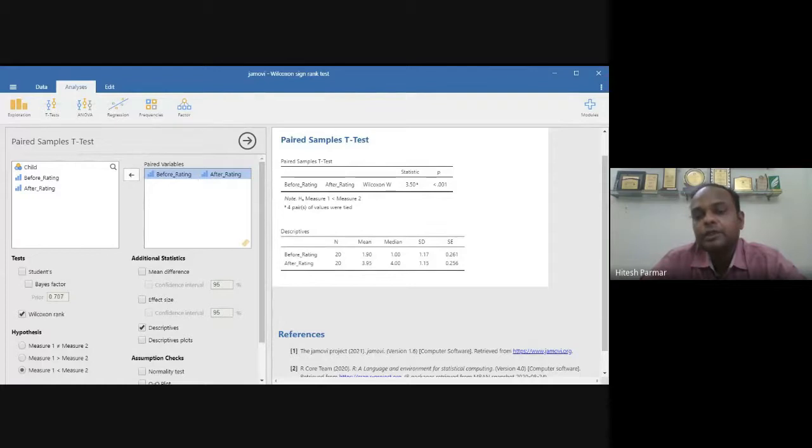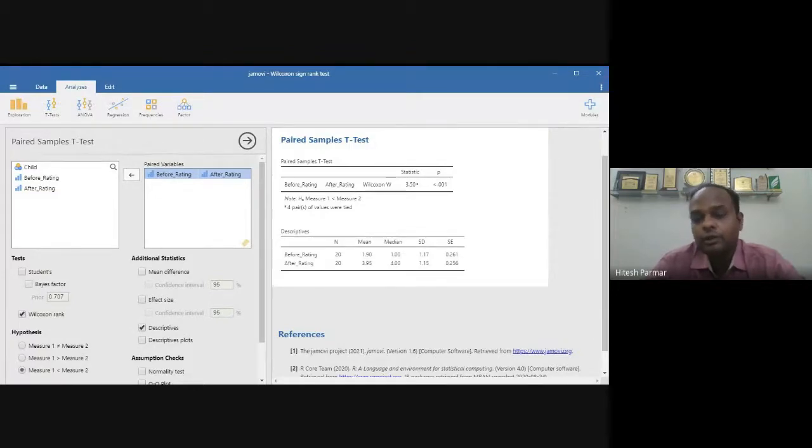But as a researcher, you can fix the rejection region on the right hand side also, or on the left hand side also. So if you are fixing your rejection region either on the right hand side or on the left hand side, then the test will be known as a one tail test. Whenever you are interested in the direction, that the condition is improved, it is a one tail test, because improved means you are interested in the right hand side. The training is effective, sales are increased, it means you are interested in the right hand side. So the test will be a one tail test, right?